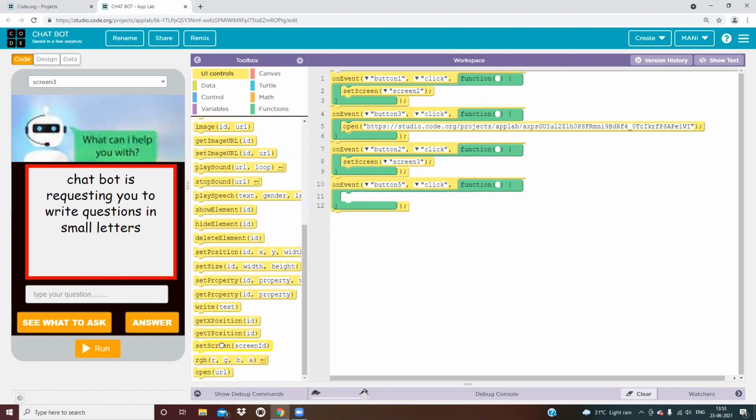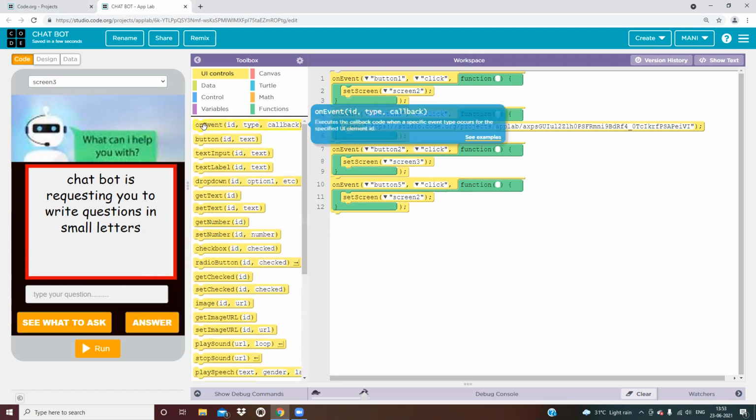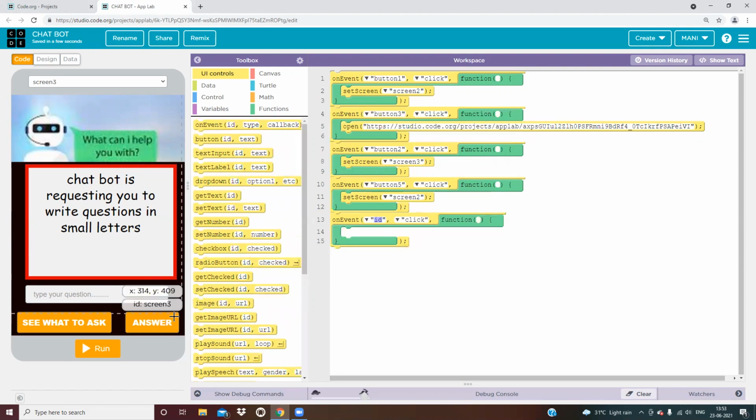Then set screen 2, and this is the answer button. So on event ID button 4 clicked. Okay, button 4 clicked, then